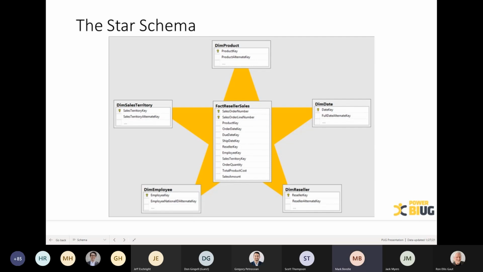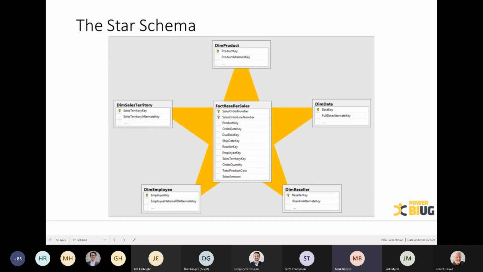Microsoft has some pretty good documentation talking about the benefits and how to do a star schema. So I'm putting a link in the chat with some good documentation around the importance of a star schema. But I can't stress enough how helpful it can be for your Power BI reporting if you start using a star schema today, right?